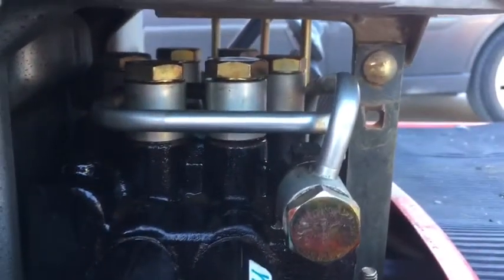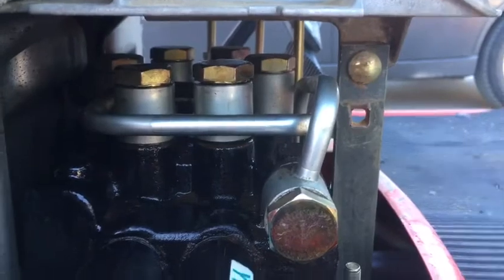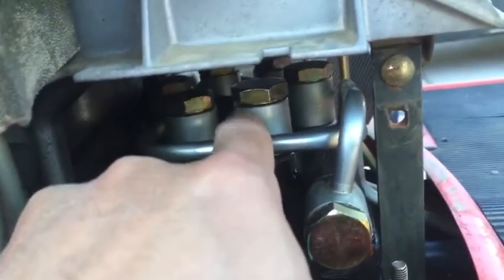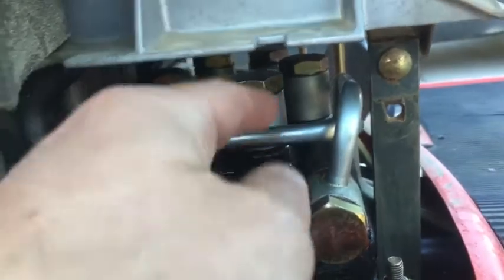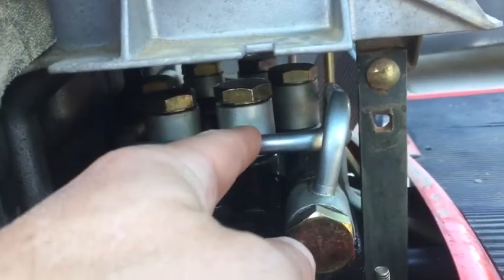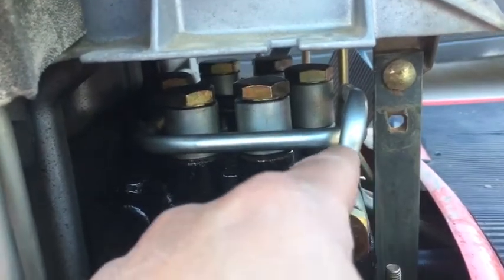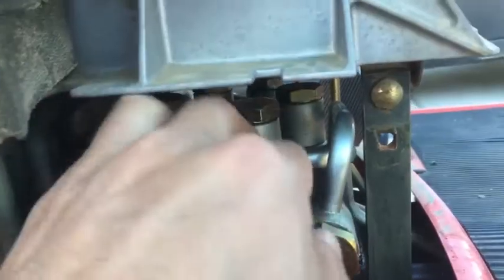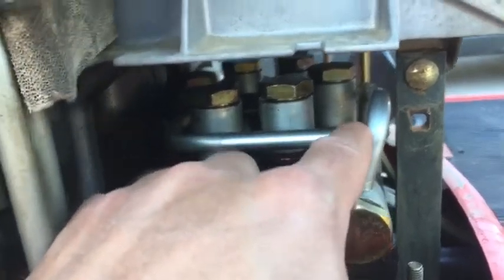There's a manifold underneath the battery, and I'm assuming that these lines are the hoses that they're saying should be replaced and should be upgraded, and that's why I would have needed to take the deck off. I don't know if they fixed it before my model year came out or what, but they're metal lines. They're not hoses. They're not braided hoses like they were talking about online. And this